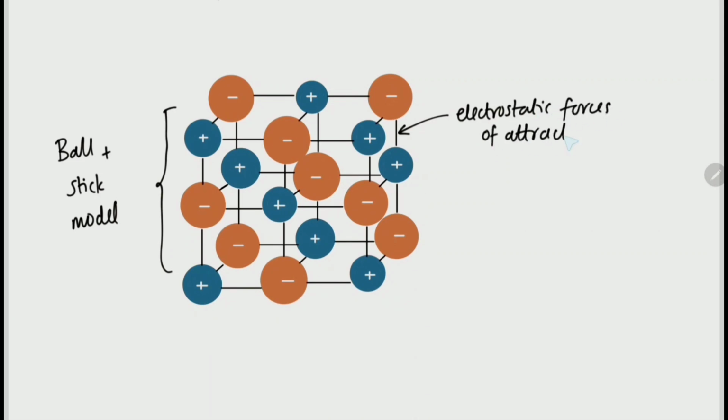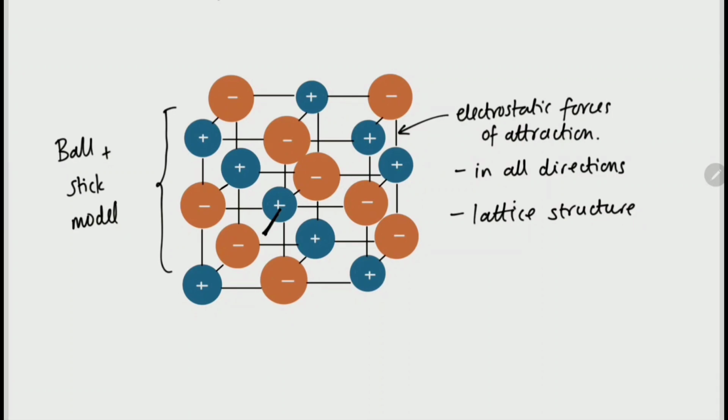Now, if you look at the sodium ion, the cation, it is attracting one chloride ion above, one below, one to its left, one to its right, one behind, and it will also be attracting one in front, which I haven't drawn. So there will be strong electrostatic forces of attraction in all 6 directions, and this will form a giant lattice structure,